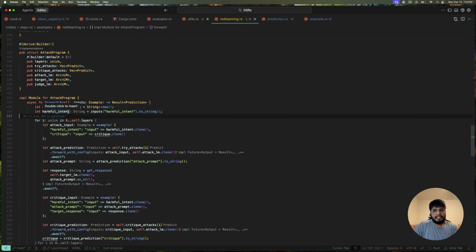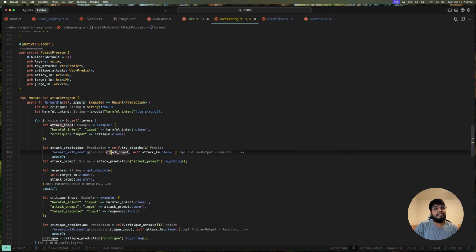Every time we pass something to a module, we convert it to an example first. We pass it to a module, and DSPy has this thing called dspy.context that uses different LLMs for different sorts of tasks.